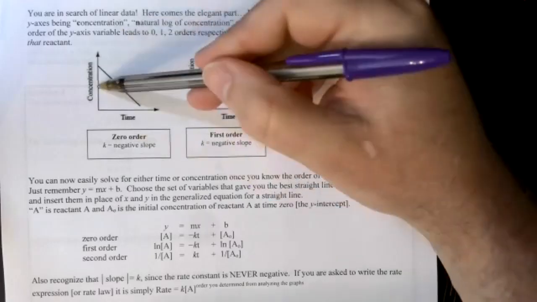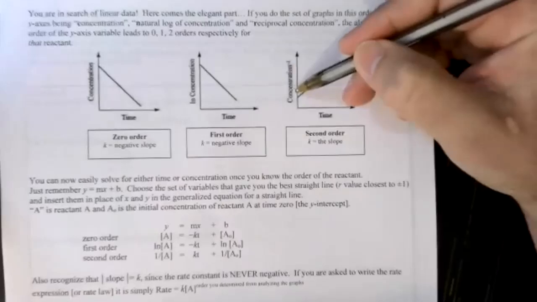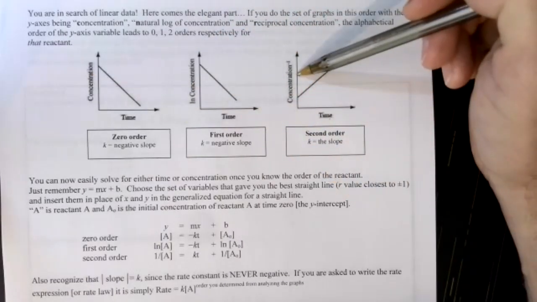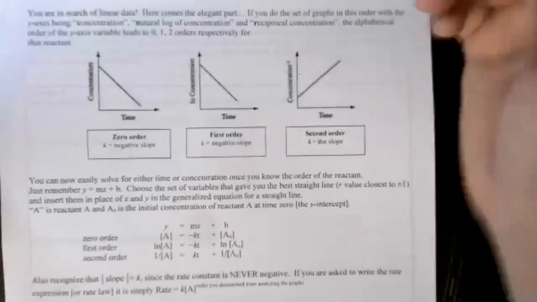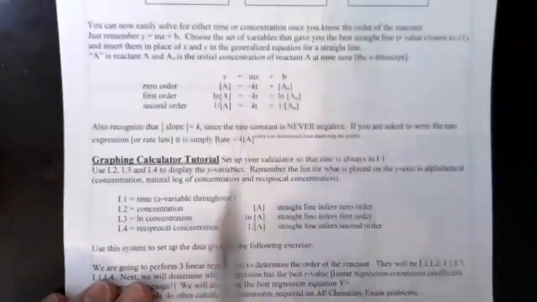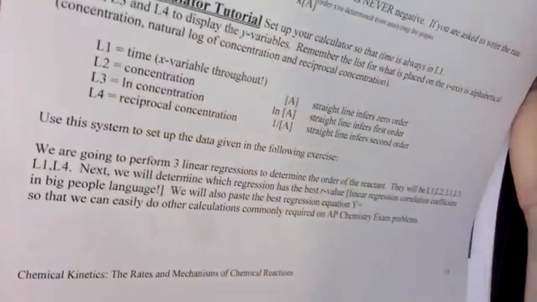And with these, it's concentration versus time, natural log of concentration versus time, and inverse concentration versus time. These are easy things to put in your calculator if you do have to graph them. And this is what they would look like. There's a tutorial here about how to put them in a calculator if you want to try that on your own and move forward. But I'm thinking a lot of this is going to go a little bit beyond